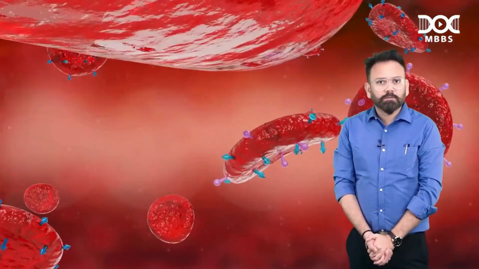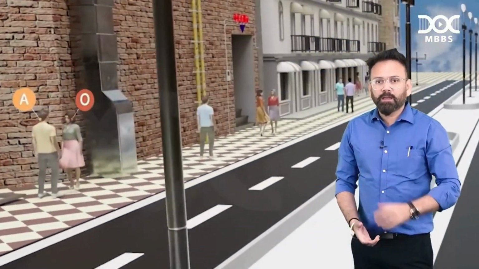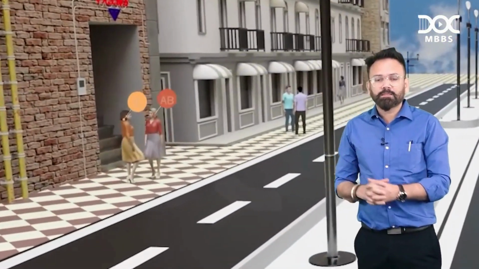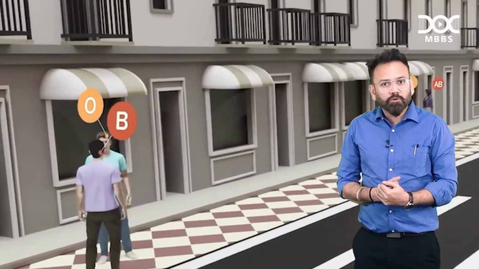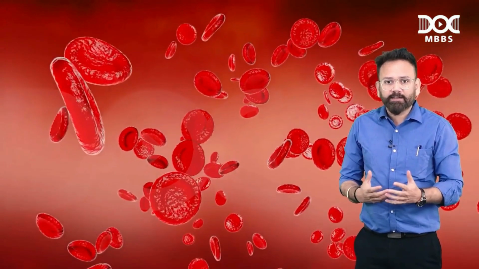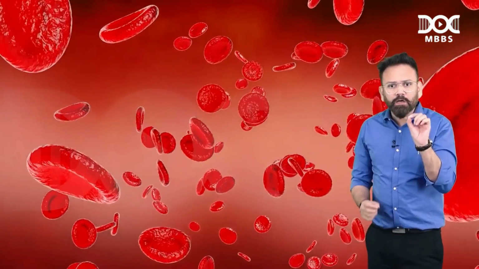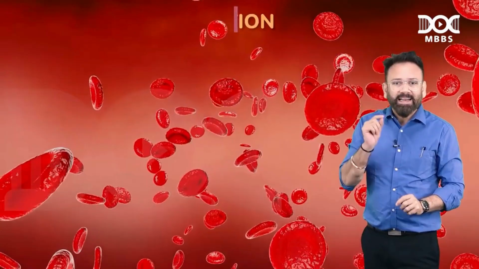Now we will discuss a very interesting topic, blood group. Your blood group is B plus or A plus, someone has AB plus. So what is the importance and how do we decide what our blood group is? What is the reason we say that I am having B plus? What is the deciding factor? Actually, the membrane of the human red cells contains a variety of blood group antigens, which